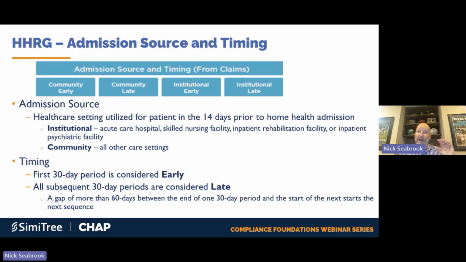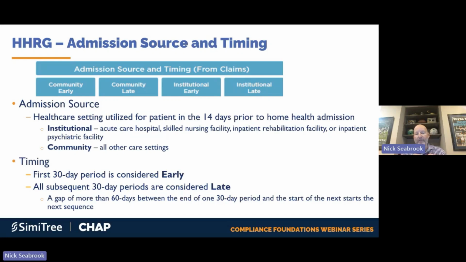The other factor there, so we have admission source. Again, we're either community or institutional. The other factor for this component of the HERG is going to be the timing. You're either going to be early, your first 30 days, or you're going to be considered late. So anything beyond that first 30 days is going to be considered a late period. So it's important here to notice the clarification on that bottom bullet that says a gap of more than 60 days between the end of that one 30-day period and the start of the next starts the